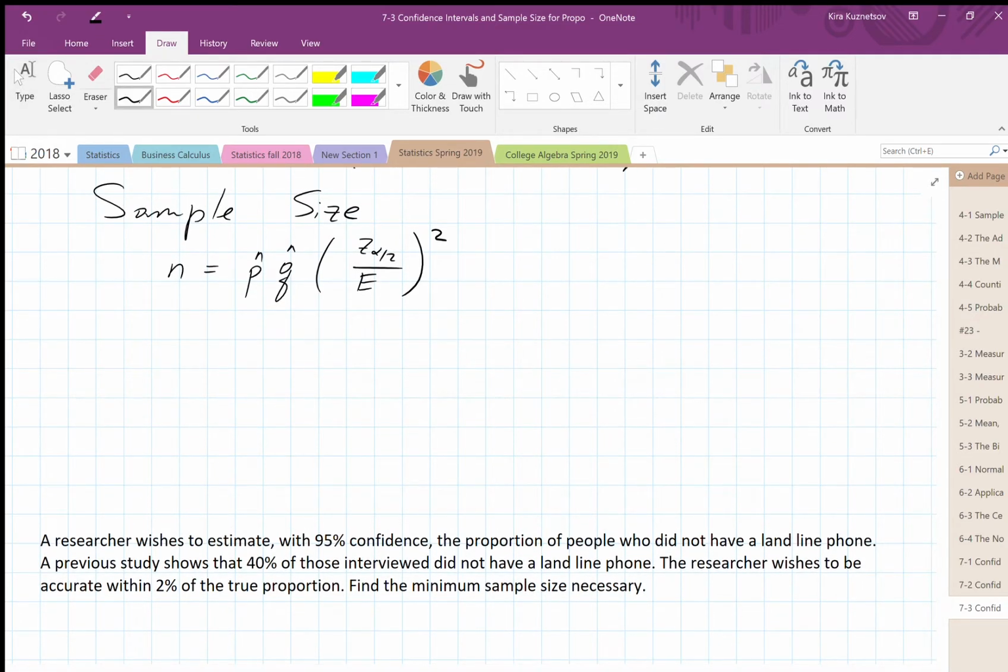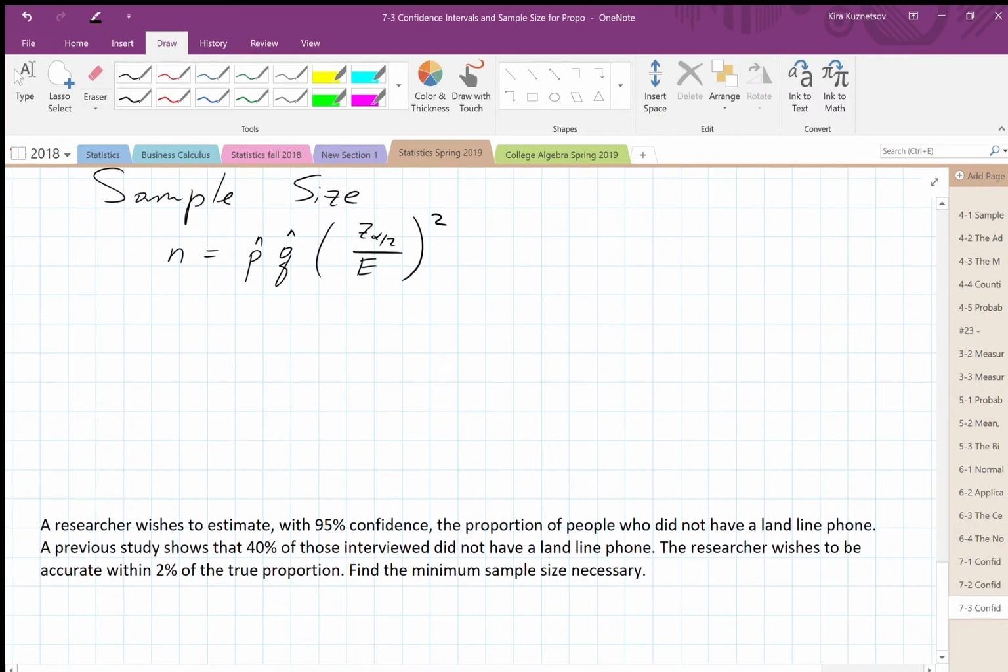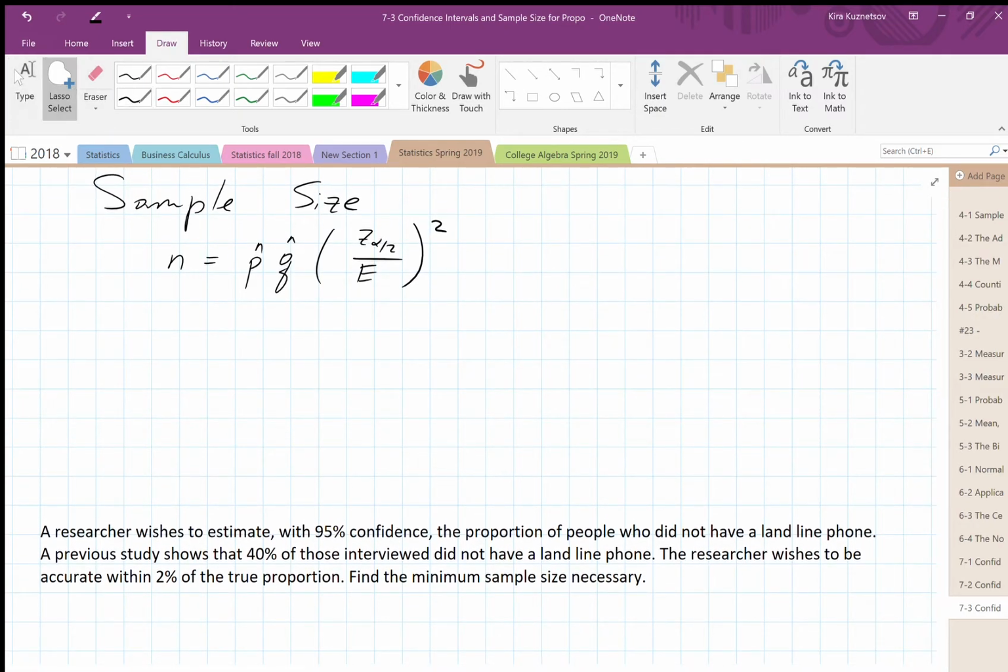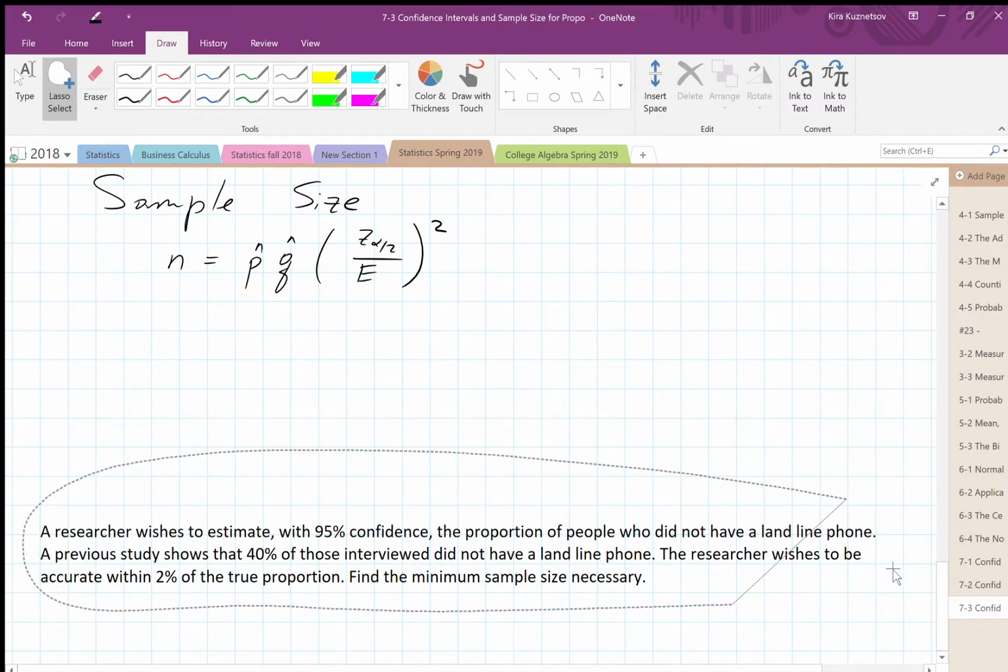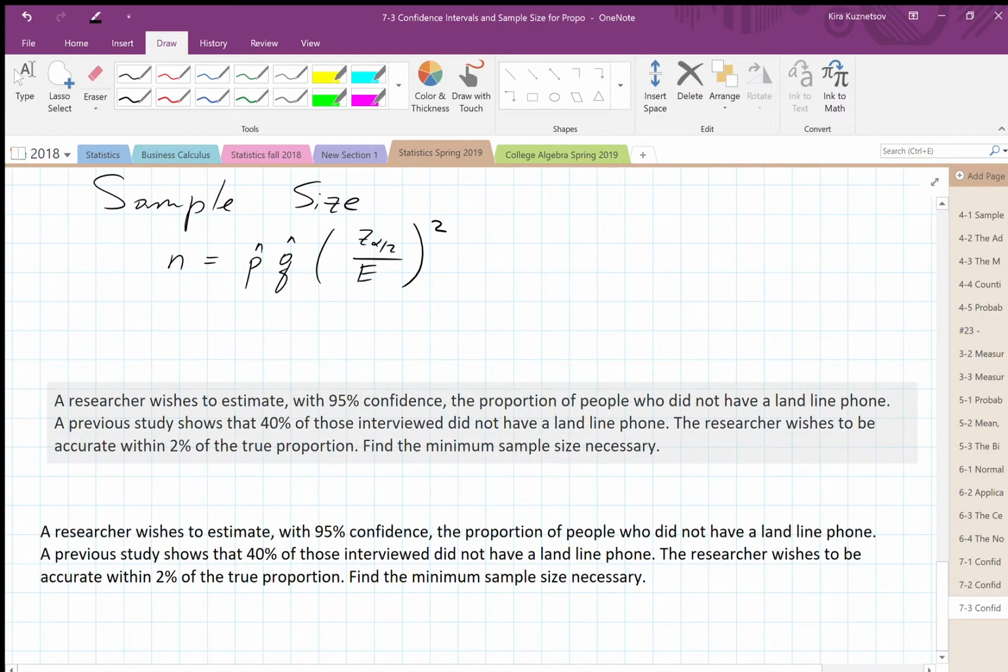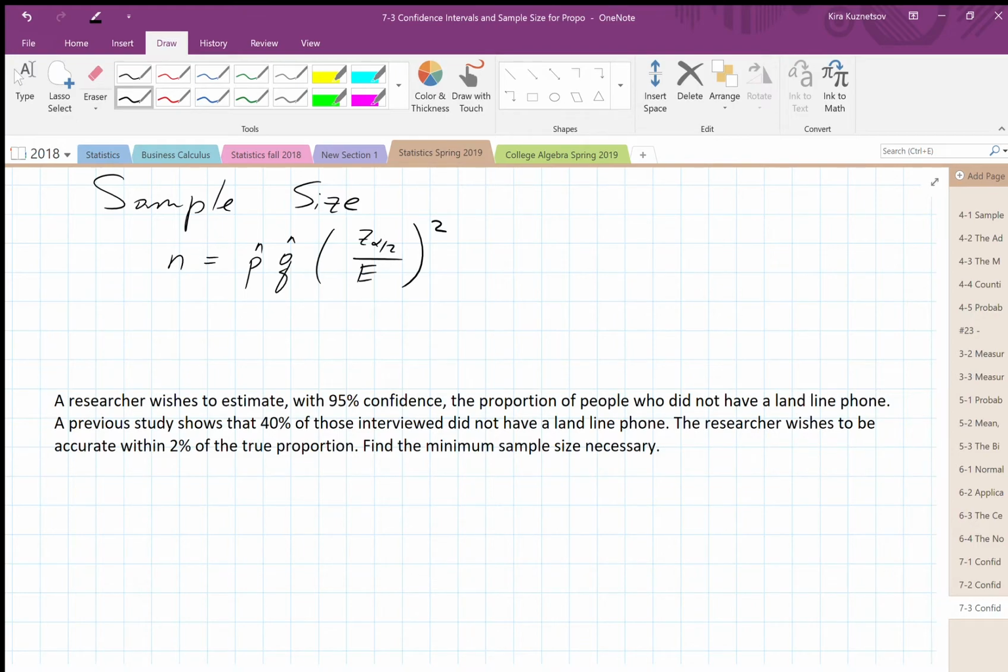This formula will be given to you on the test, along with the z-scores that correspond to different intervals, and a few other formulas that we might need for the next test. But the example that I'd like to do is in the book. This is your example